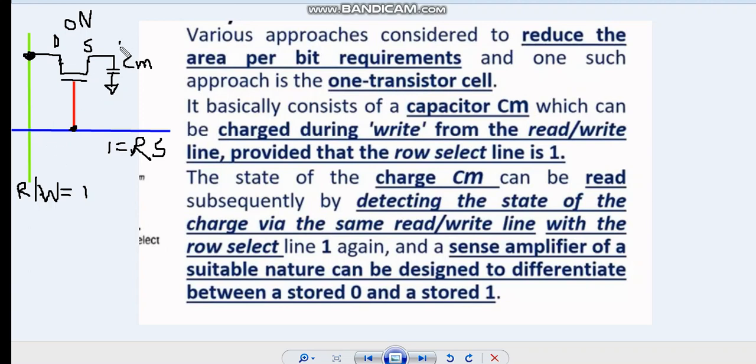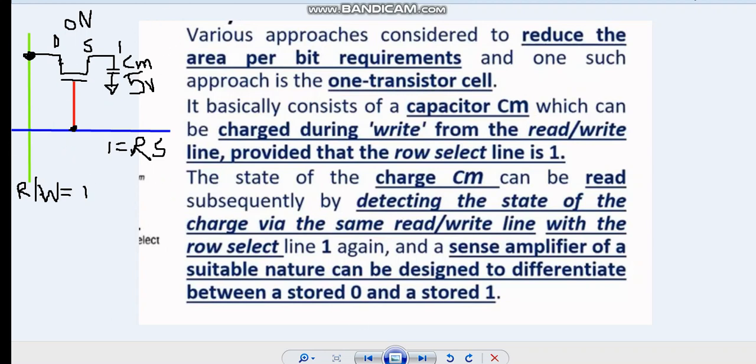If it is 1 here, the sense amplifier will sense it as a 1. For example, for a 1 bit, I will make it 5 volts here. Okay, 5 volts has been stored here. So that value, using the sense amplifier, we will read the data there, using this read and write. If it is 0, then the sense amplifier senses a 0 voltage. If it is 1, the sense amplifier will sense a 5 voltage here. So that is how this operation takes place.